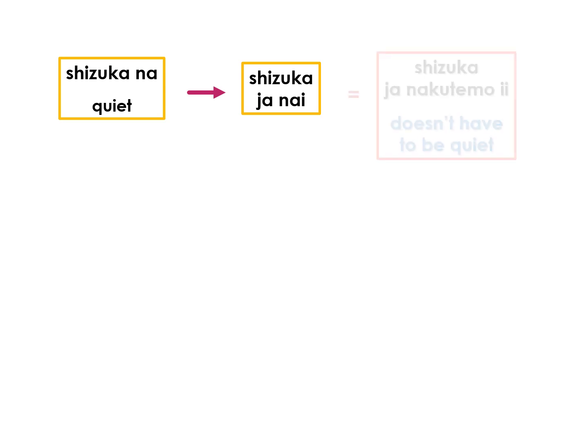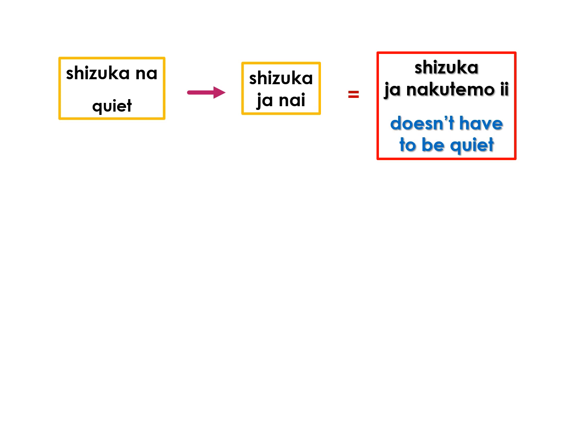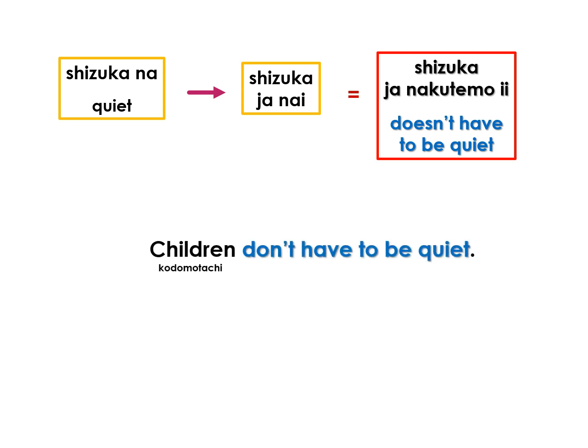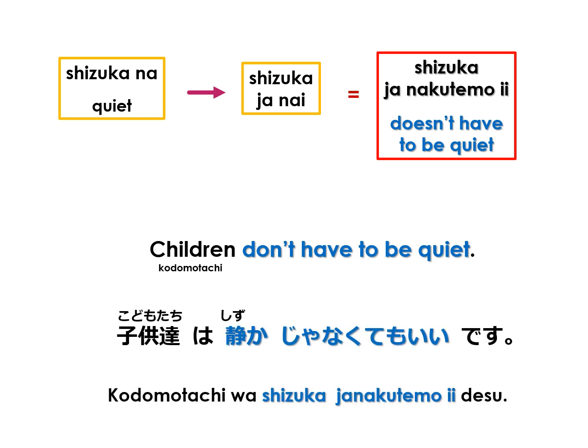Our first example is the na-adjective shizuka, which means quiet. Its nai form is shizuka janai or shizuka dewanai. And we transform that to shizuka janakutemo ii or shizuka dewanakutemo ii, which means it doesn't have to be quiet. Our sentence: children don't have to be quiet. In Japanese, 子供たちは静かじゃなくてもいいです。